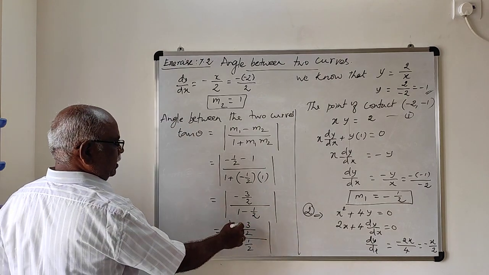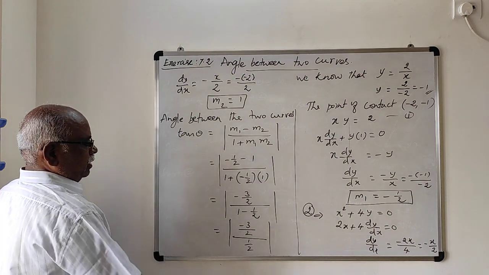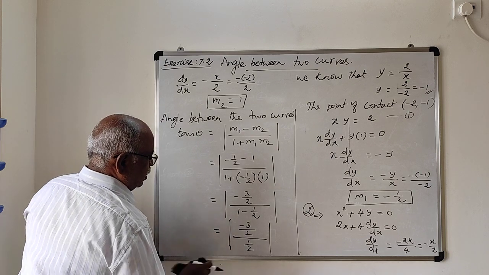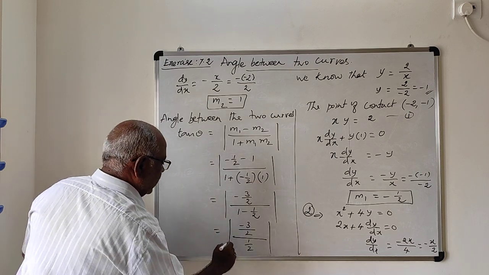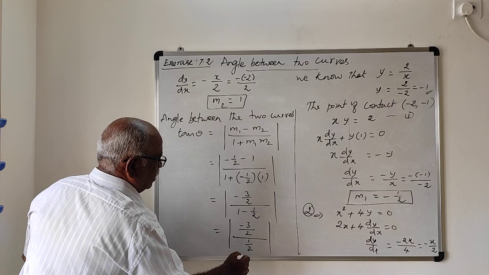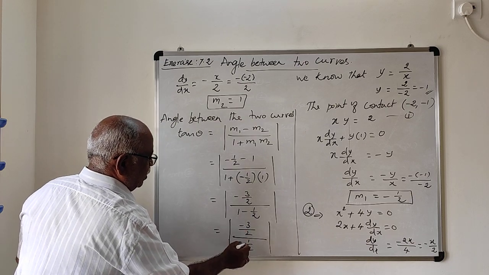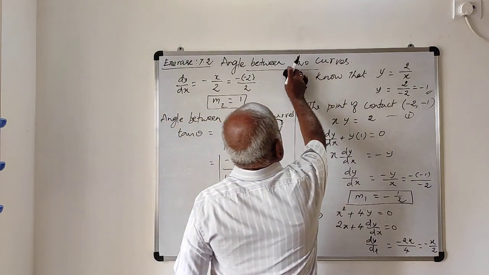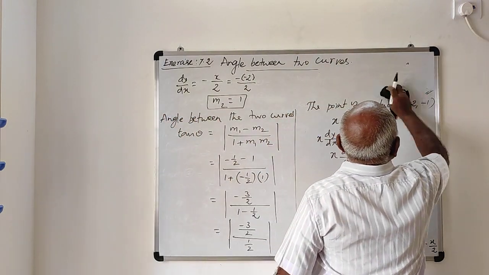2 to cancel, minus 3 modulus of value is 3. The denominator 2 and numerator 2 are cancelled. These two cancel. Minus 3 by 1 is minus 3. Modulus value is 3. So finally, tan theta equal to,